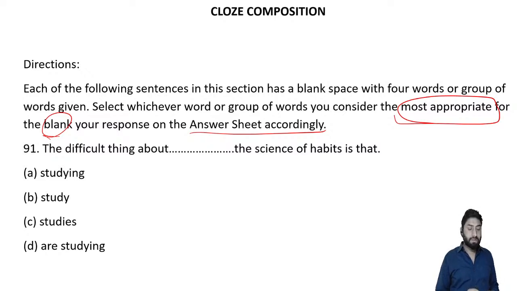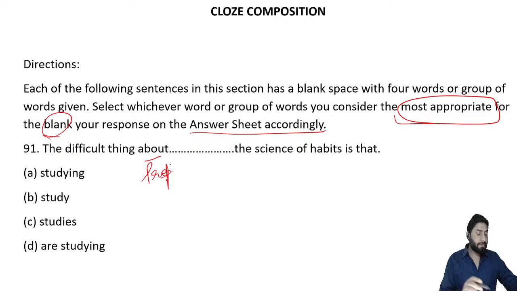Coming back to this, the difficult thing about blank the science of habits is that, see, about is here again a preposition. You know that, right? About study, about studies, about are studying. After a preposition we won't use a verb form anyway. So what are we left with? Studying. So the difficult thing about studying the science of habits is that, so this is the option here, studying,